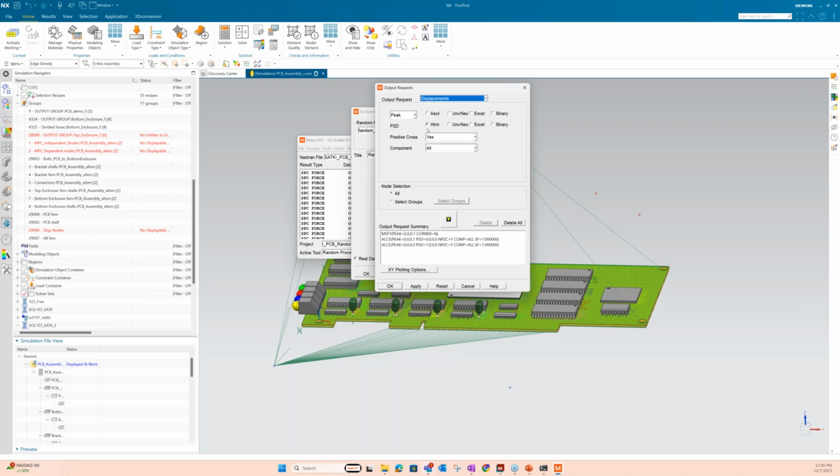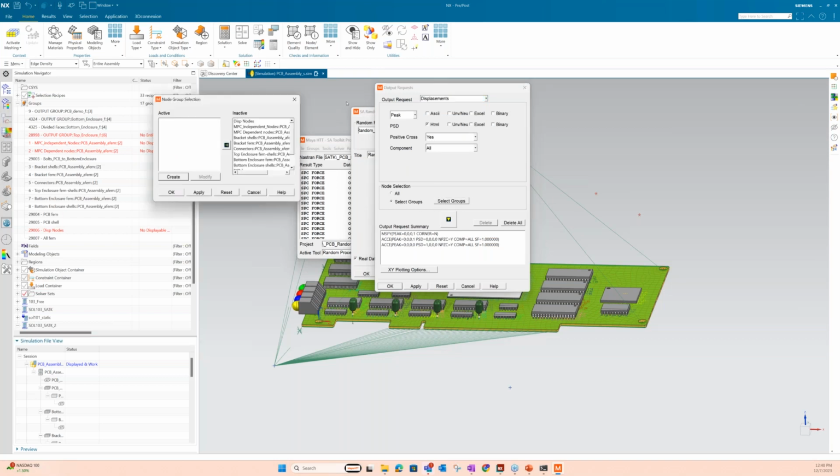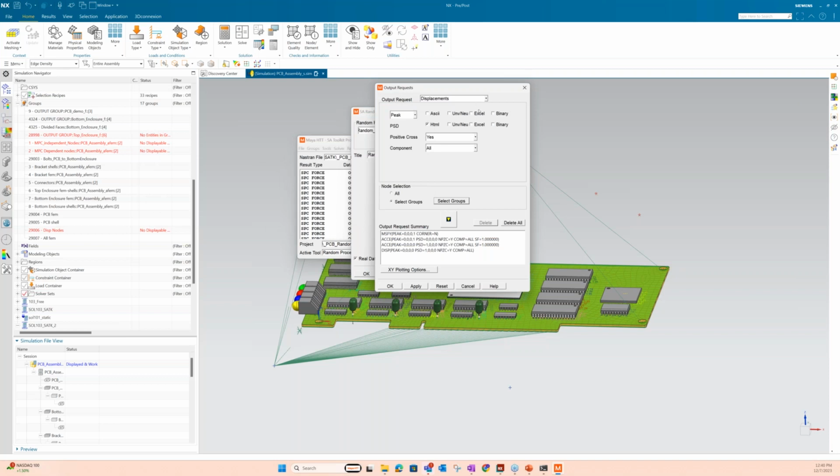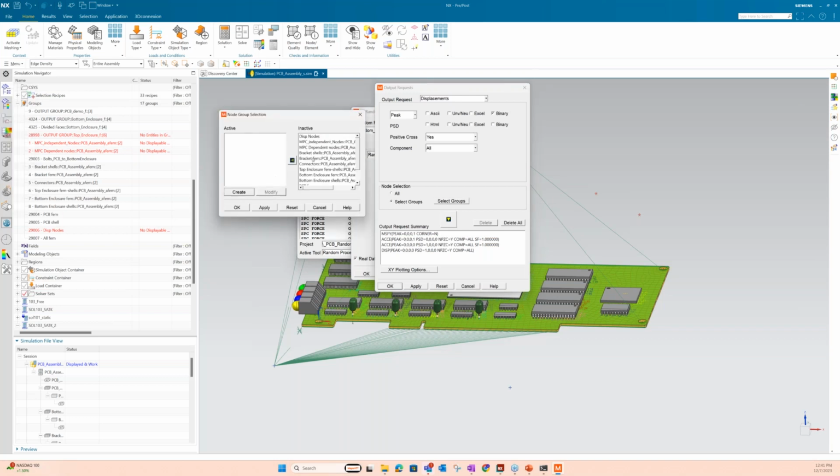Now displacements, that's one of the primary things I want to see. Again, I could do the PSDs with that same group for the displacement nodes. I also want to be able to plot displacements in here as well, if I wanted to. So I'll bring those in.